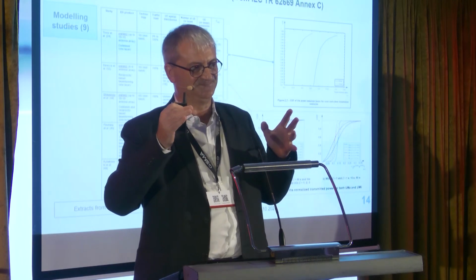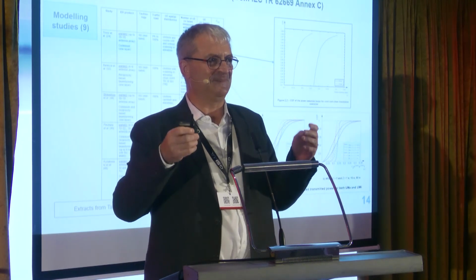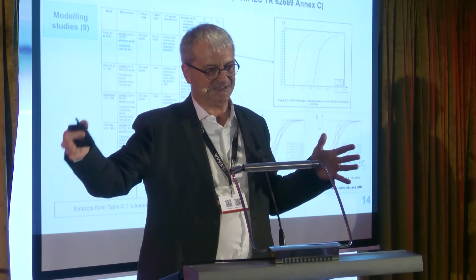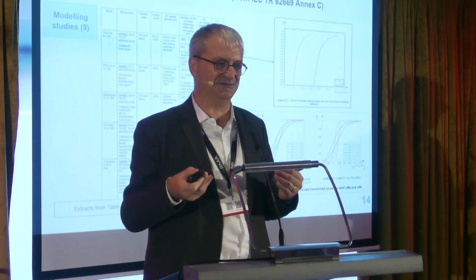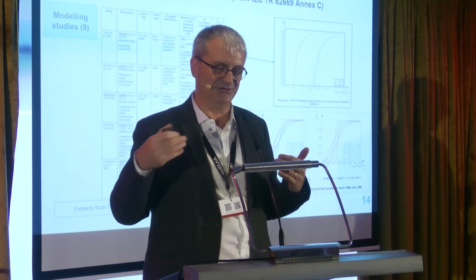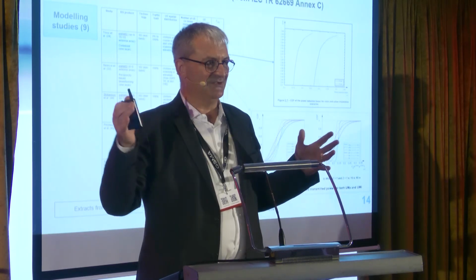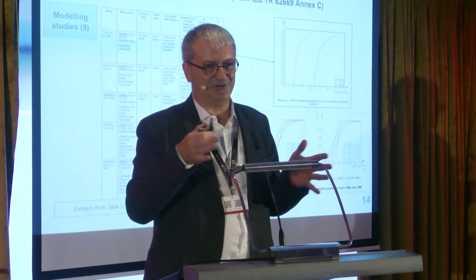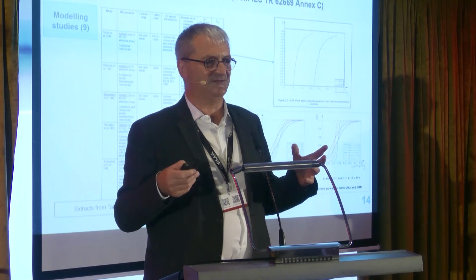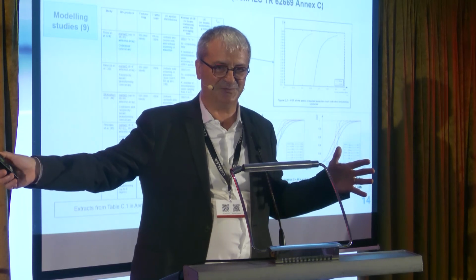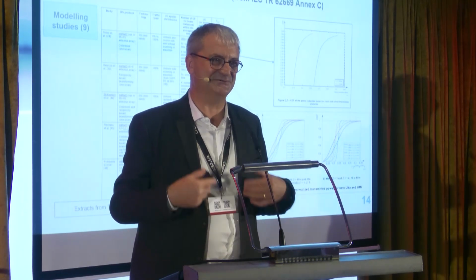It means that, and this modeling study showed that, when you do a compliance assessment based on the maximum, you overestimate the compliance distance by a factor 2, because the distance is the square root of the power, to make it short. So if you can reduce the power by 4, you reduce the compliance distance by a factor 2. And this is significant. Having a compliance distance of 25 meters or 10 makes a big difference when you install